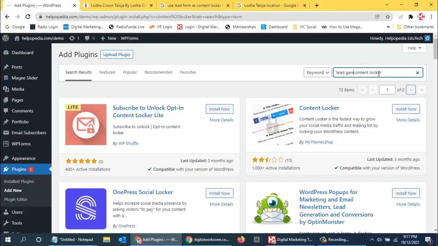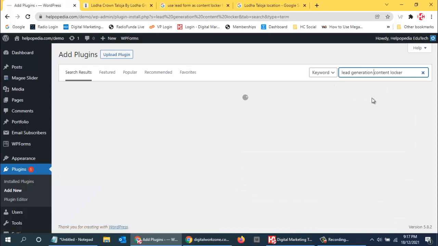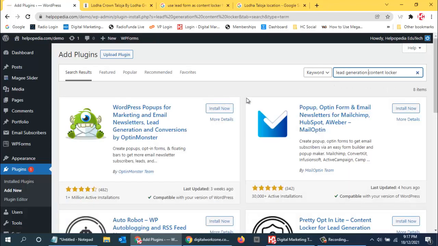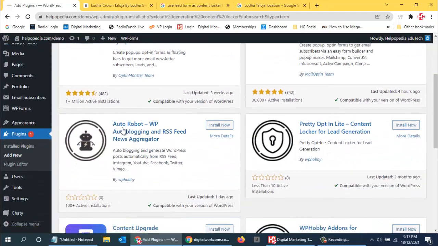Let us see. Pop-up opt-in form, okay. Hotspot, ever opt-in, okay. Auto Robot, WordPress auto blogging and RSS feed news aggregator, okay. Pretty opt-in content locker for lead generation. See over here, you can find this option. Let us install this and see how it works, or if it works or not.